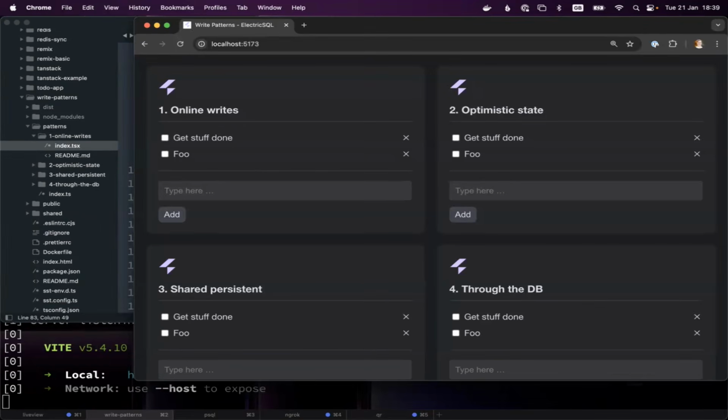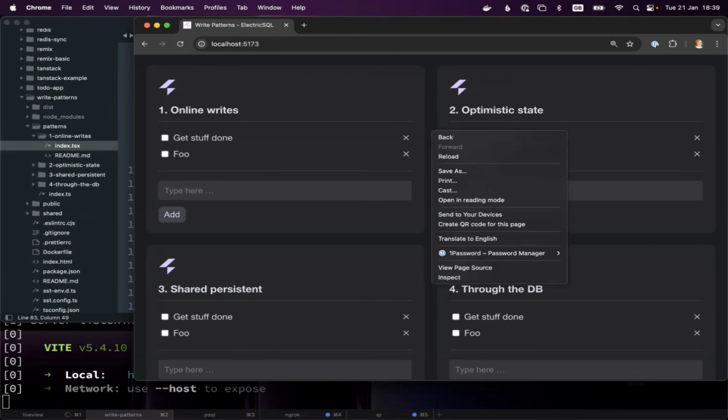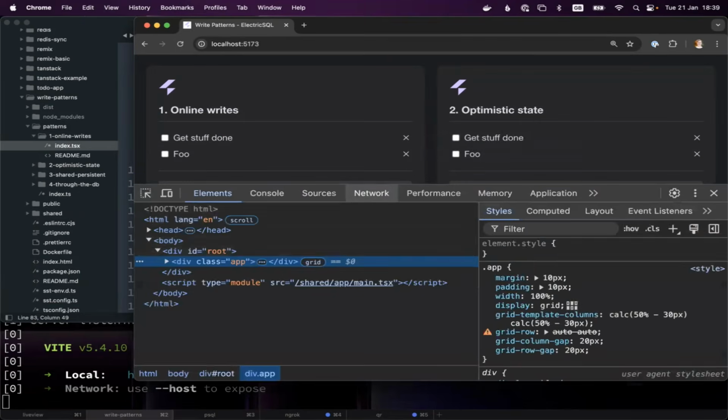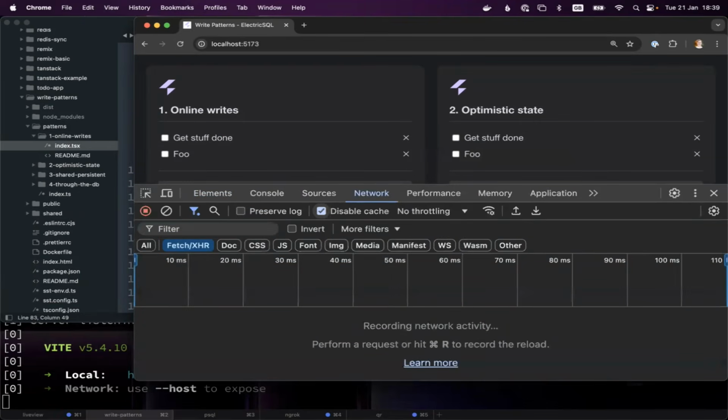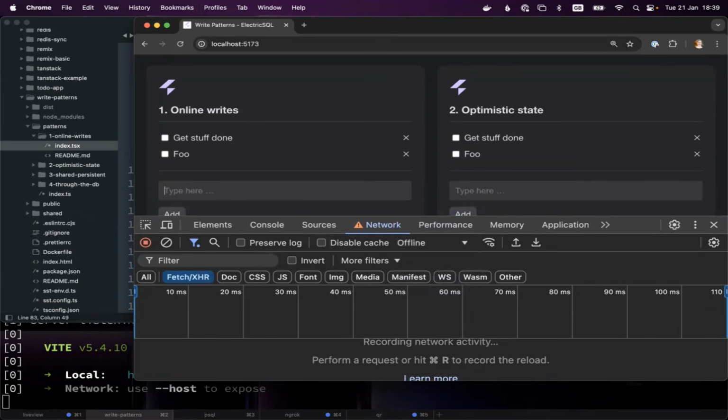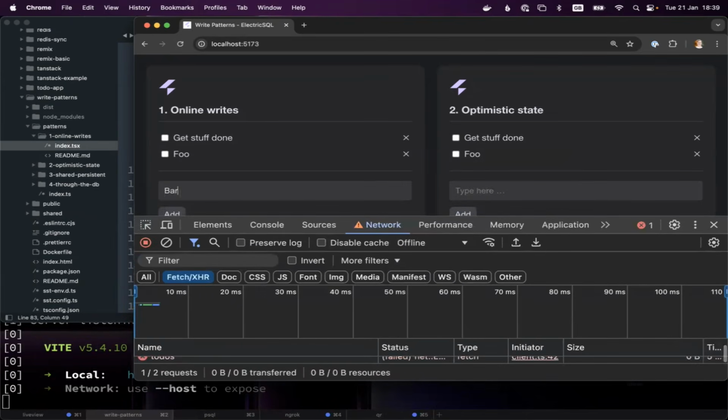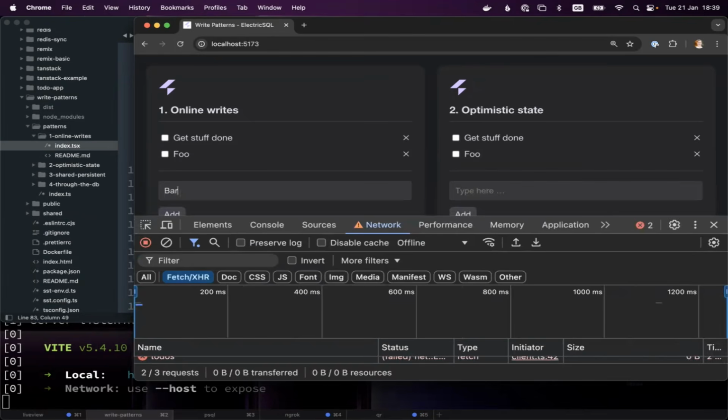And you can imagine the API that's handling that just being a Phoenix API. Now, the downside of just doing that, of course, is that the application requires the API to be online. So if we look at how it behaves if we turn the network off, I can go here and set this to offline. We've done the best we can because we have a resilient fetch client.